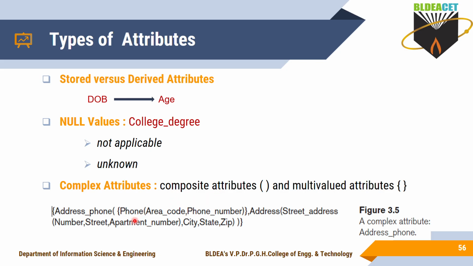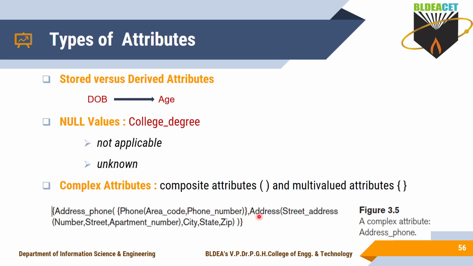And composite attributes, you are showing that a complex attribute is the combination of these two. Which attributes are composite and which hold multiple values, you represent using the parenthesis and the flower brackets. So the flower braces indicate multi-valued; phone holds multi-valued. And the parenthesis indicates a composite attribute. So phone is further divided into phone number and area code, because it is further divided into sub attributes, and those you can represent inside the parenthesis.